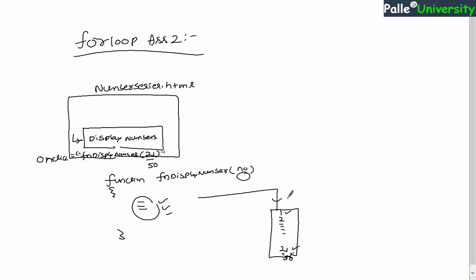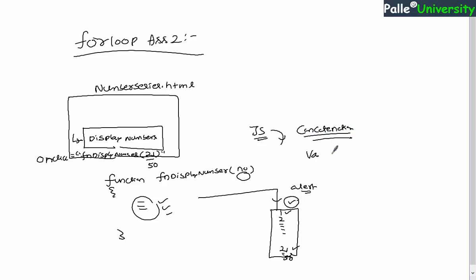But my requirement is I would like to get the output, the complete series of numbers, in a single alert box, not in multiple alert boxes, right? A single alert box must be able to display the complete output. I believe you understood. But anyhow, remember that JavaScript supports string concatenation. So all these points will be really useful while solving this assignment. I will try to explain what is the meaning of concatenation.